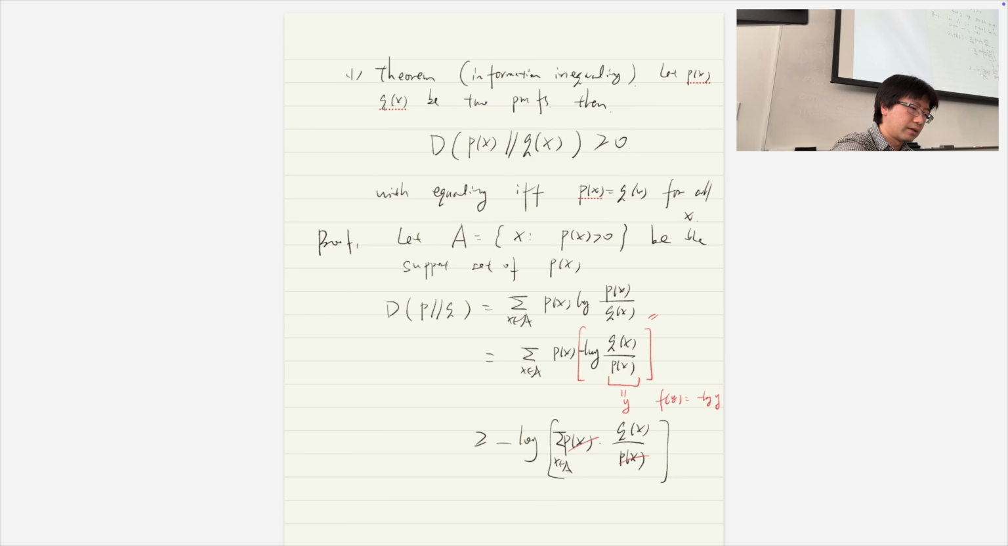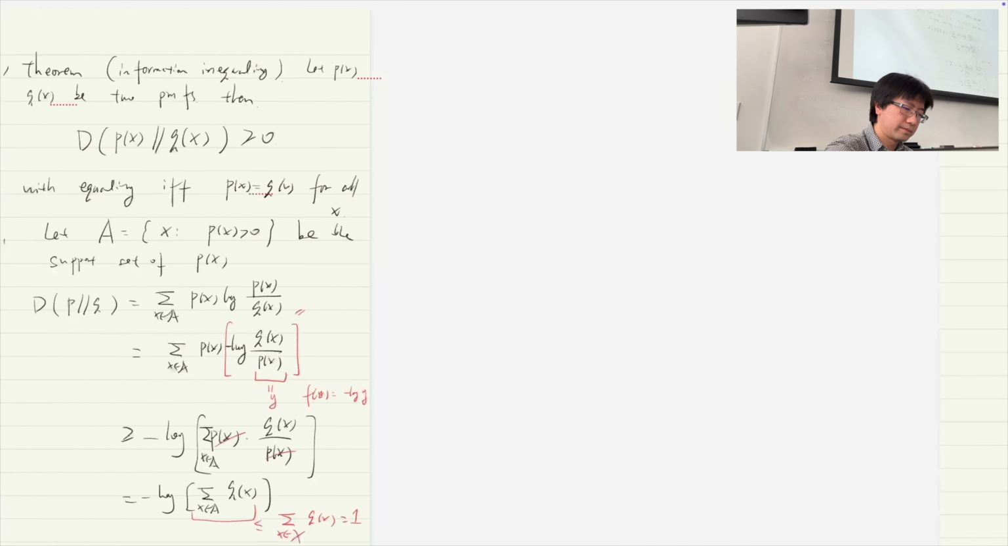Okay, and then that's minus log of the sum over all x of q(x). Because x is in the support set A of p(x), right? And so this guy would be less than or equal to this guy, q(x), and this guy is equal to 1, right? And therefore we can conclude that